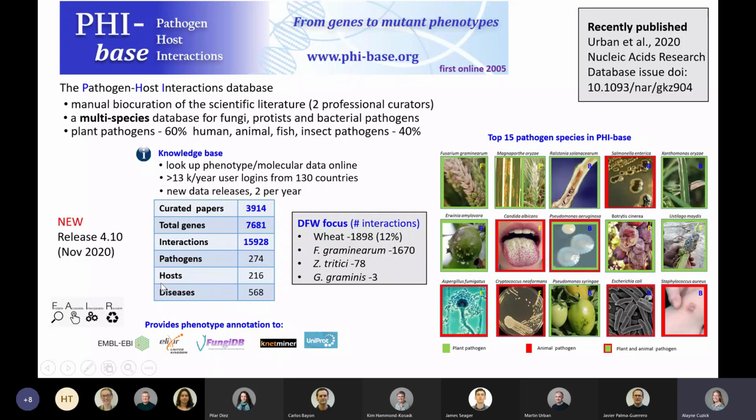So the PHI-base data is FAIR, and we provide phenotype annotation to a variety of other resources, including the EBI, FungiDB, Nettminer, UniProt, and ELIXIR. The top 15 pathogen species in PHI-base are highlighted here as little images. In green, we have plant pathogens, and those include Fusarium graminearum, Magnaporthe oryzae, and then the rest there in the images. We also have animal pathogens outlined in red, such as Salmonella, Candida albicans, Aspergillus fumigatus. And then we have this case, which is Pseudomonas aeruginosa that can actually infect both plant and animal hosts,